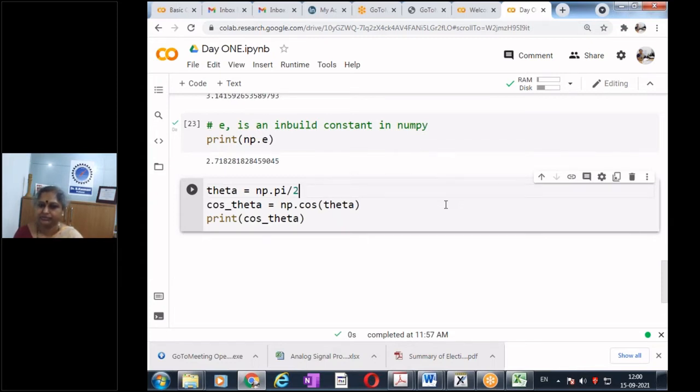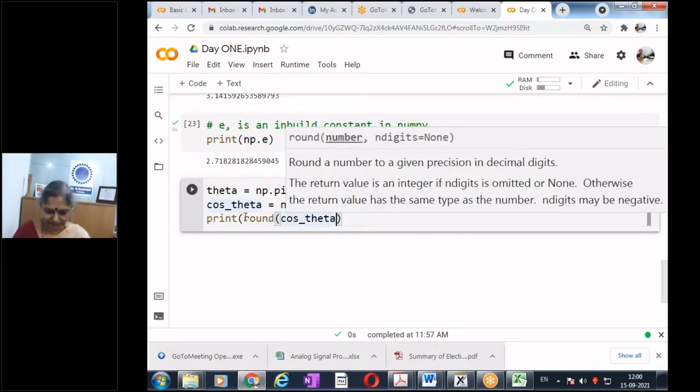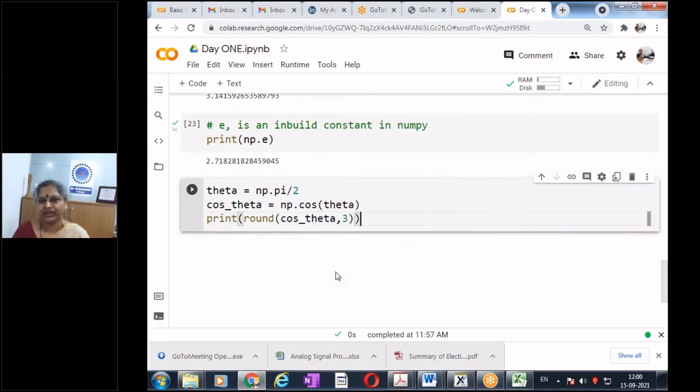Please put a round command here. Round cos theta, comma 3. Please round cos theta and then 3. Cos pi by 2. Run it.